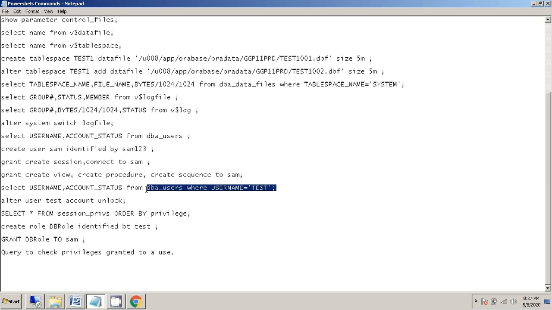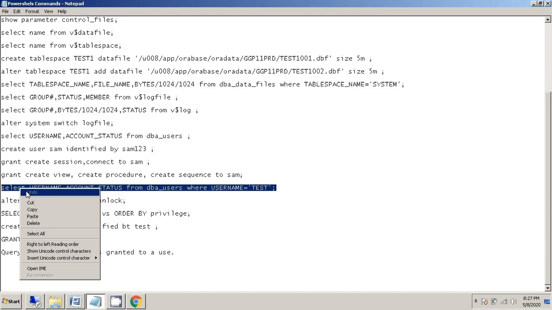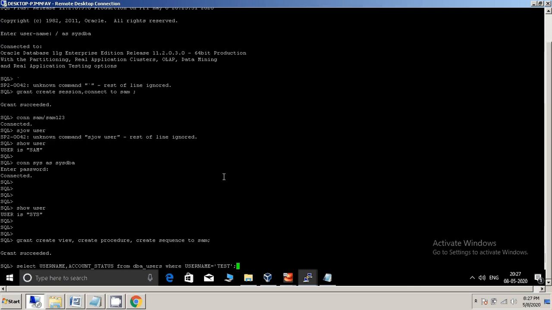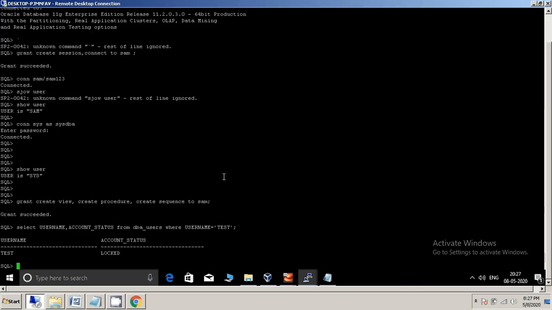Now I want to see the user status. It is locked. How to unlock it? Alter user test account unlock.